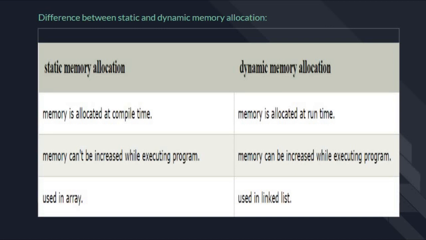The key difference is that in static memory allocation, memory is allocated when variables are declared and the allocated memory is released at the end of the program. Whereas in dynamic memory allocation, memory is allocated at runtime and we need to explicitly release the allocated memory in the program if it's not used. The compiler knows in advance the size of the variables in static memory allocation, whereas in dynamic memory allocation, the compiler cannot determine the size or the type of the variable before executing the program.